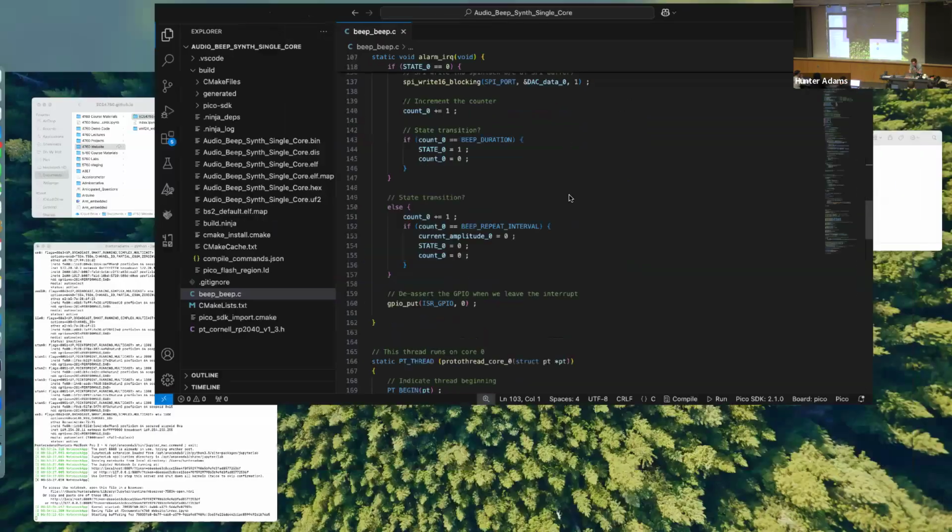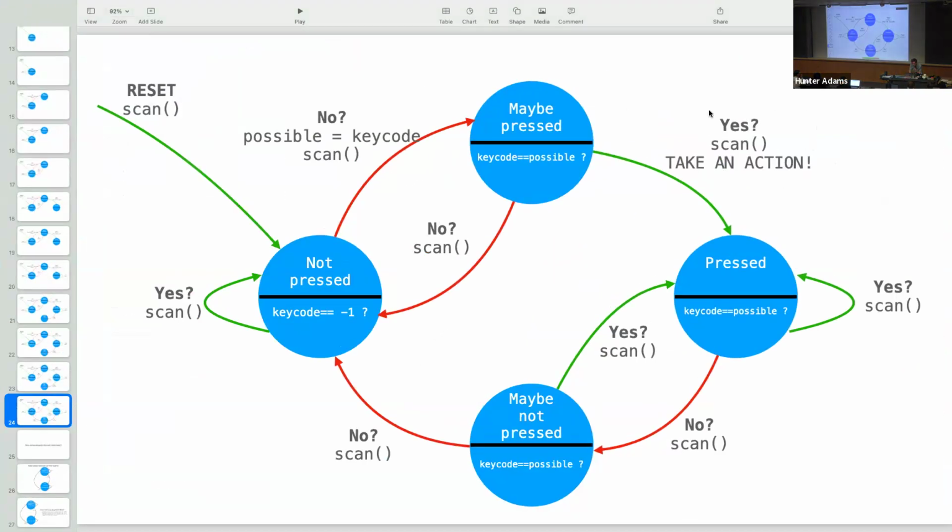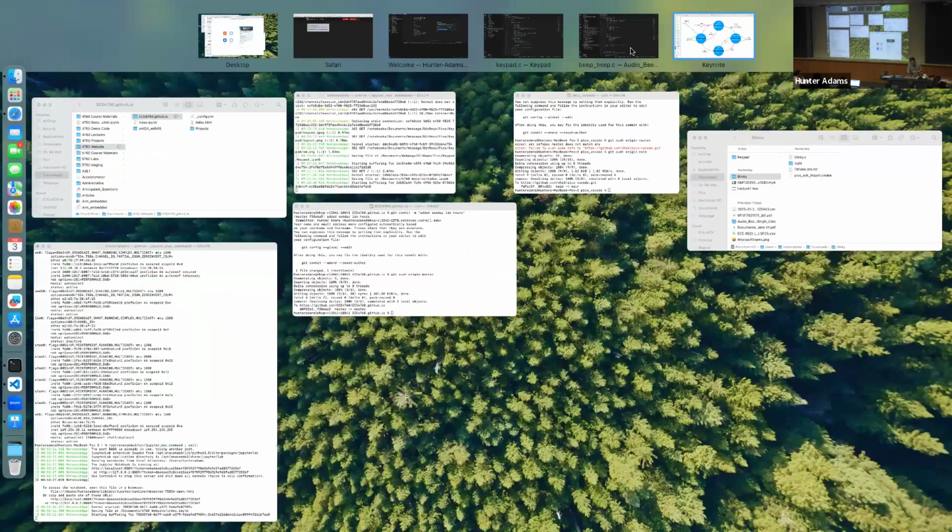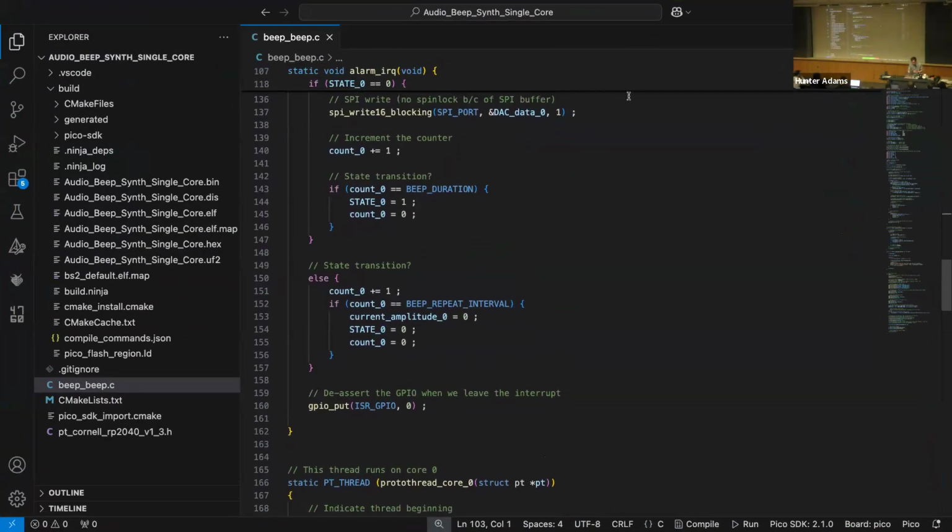So this action, right? In order to produce a beep every time you push a key, the easiest, most sort of surgical way to do this with the least disruption to the code is to say, okay, all I'm going to do is modify this interrupt service routine by essentially,